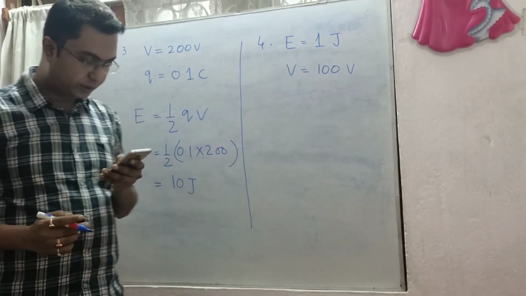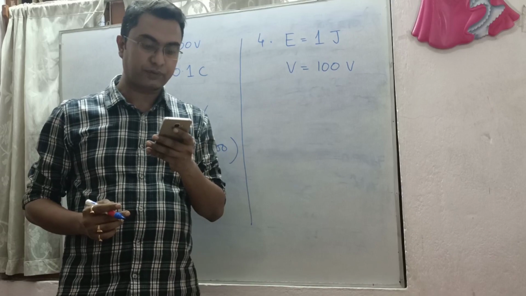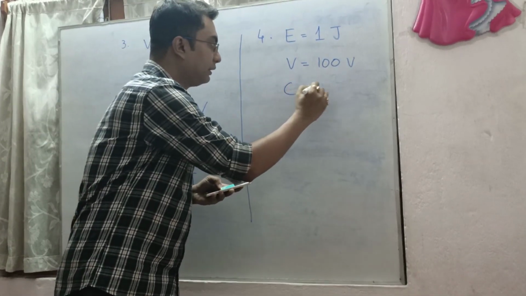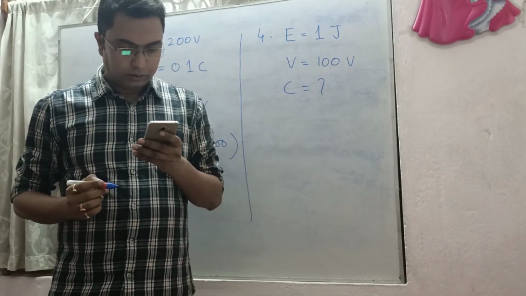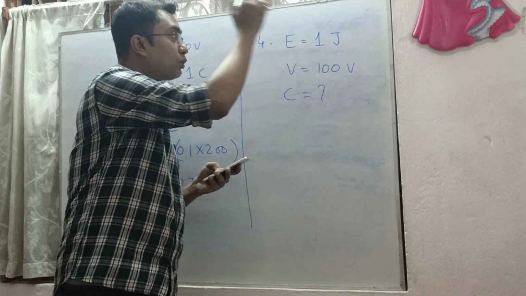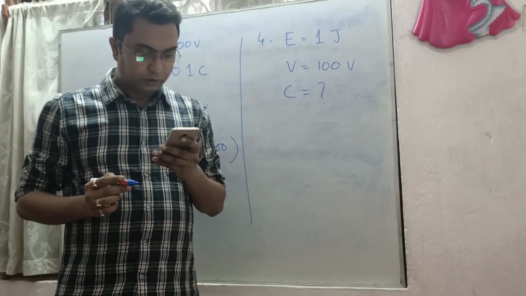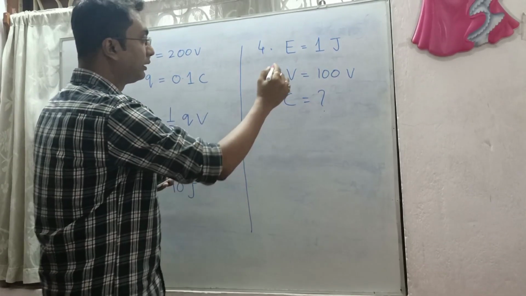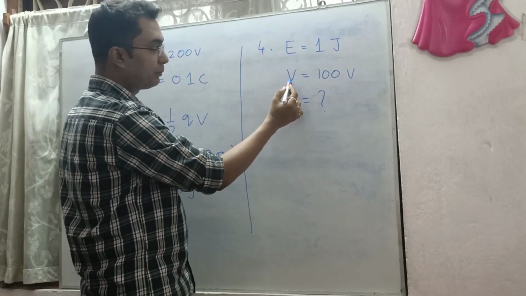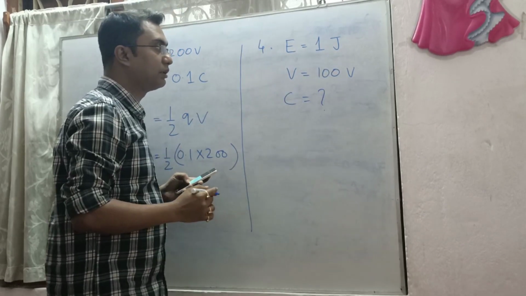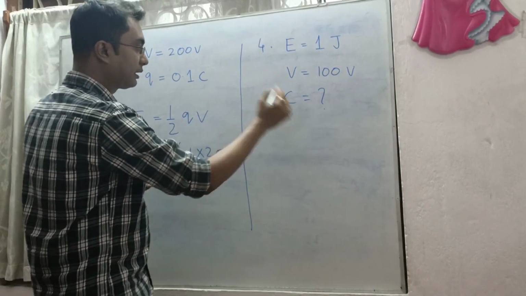Okay, now let us move into question number 4. In question number 4, it is given: what should be the capacitance of a capacitor? That is, they are asking to find out the value of C. Capable of storing 1 joule of energy. That is, energy it can store up to 1 joule, when used with a 100 volt DC supply. That is, when the capacitor is connected to a DC supply of 100 volt, that is V is this much, it can store an energy of 1 joule. So what's its capacitance C?